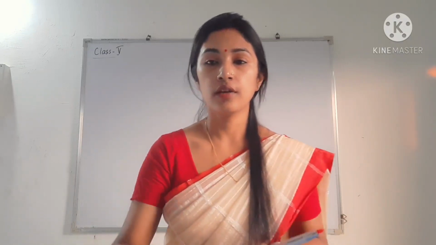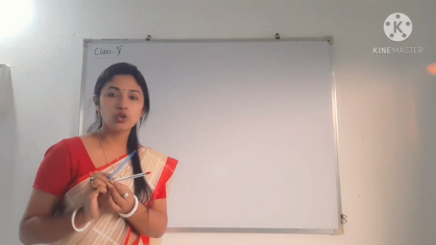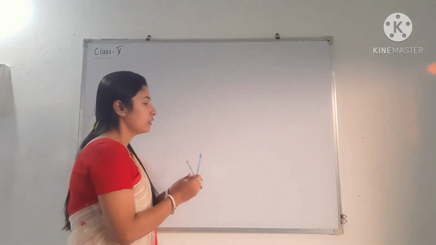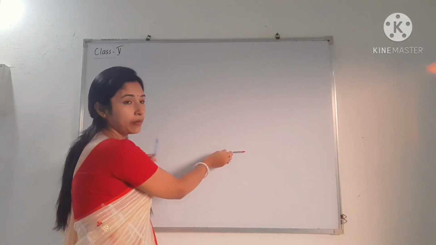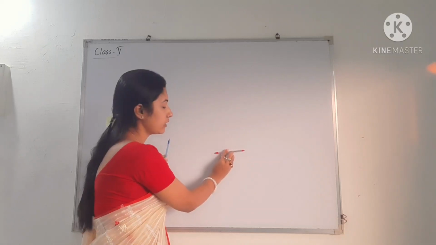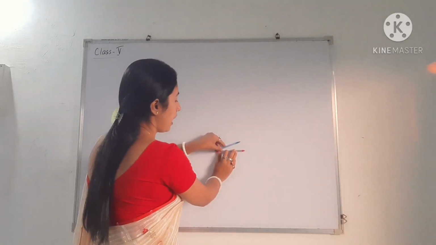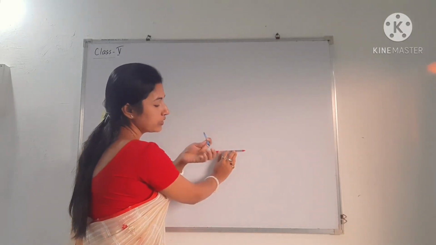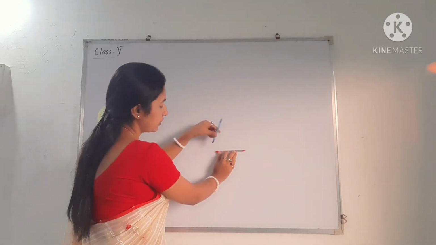So before showing you the protractor, I am using two pens to show different angles. So students, just see here, I am using two pens. You can also use two pencils to see the degrees and what is degree. See there, this red pen I am using as an initial line. This is an initial line. Initial means starting line. And this is a blue pen. I am just coinciding this blue point with this red point.